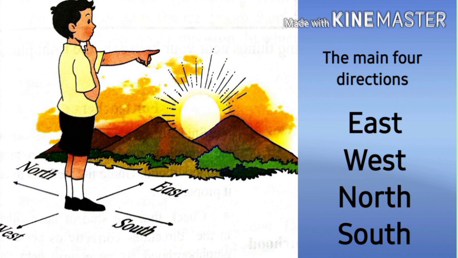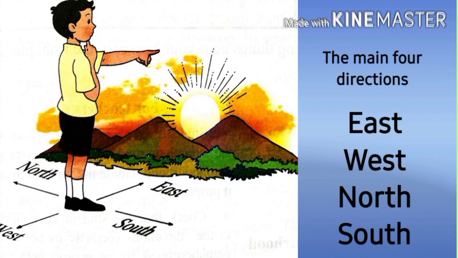See in this picture. Like that boy, if we stand facing the sun, or sunrise, the east will be in front of us. The west is behind us. At that time, north is to our left and the south is to our right. Means this open activity at sunrise will help you to understand the directions better.